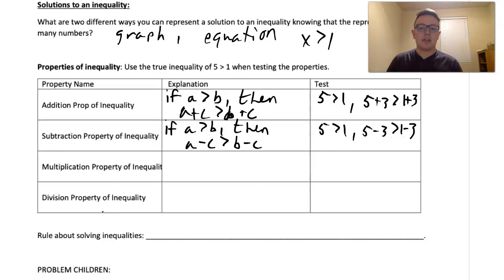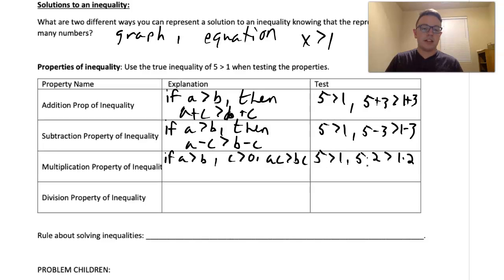Now our multiplication property and our division property, these are where it gets a little funky. So this one says if we know one thing's bigger than another and we're going to multiply by something greater than 0, or something positive, then multiplying by that should not change the inequality. Again, if we had 5 is greater than 1, multiplying both sides by 2 will leave us with 10 still being greater than 2. However,